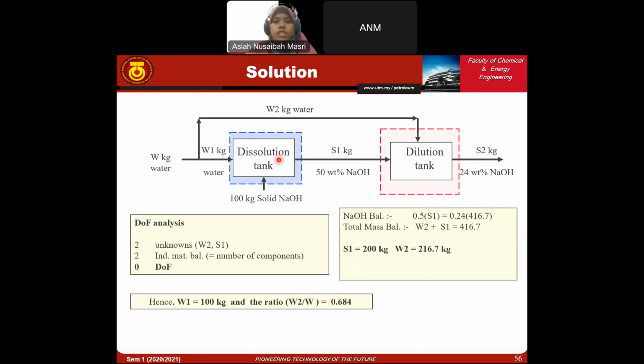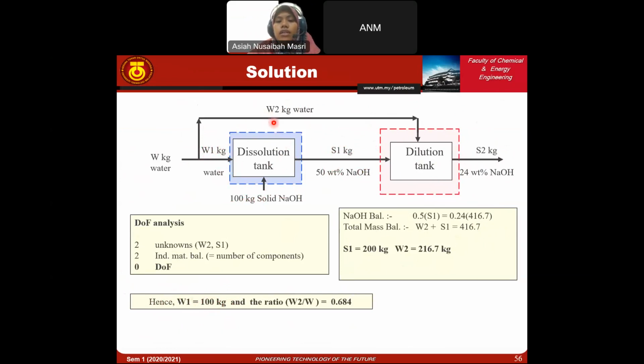Okay, thus we can actually solve for the dissolution tank. If we do the balance, W1 plus 100 equals S1. We know S1, and we also know the 100, so we can solve for W1. We got W1 as 100 kilogram. So we know W1, we know W2, so the